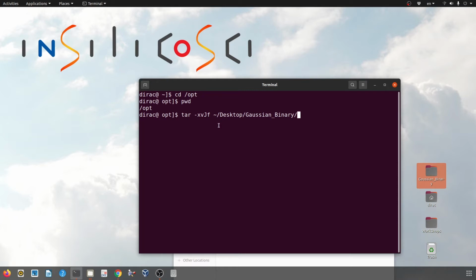So you must type this command exactly the same, with xvjf and capital J, and then in the file path you need to type Desktop with capital D, and if you named your folder exactly as my folder, here you must type capital G and then here capital B.